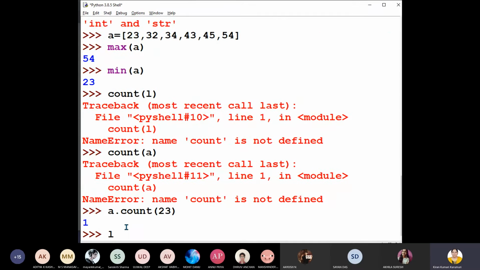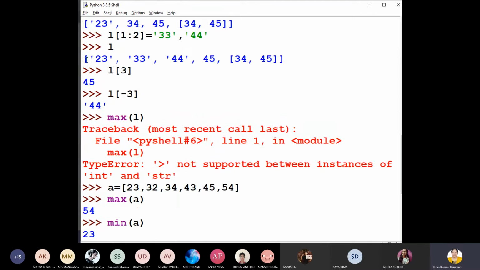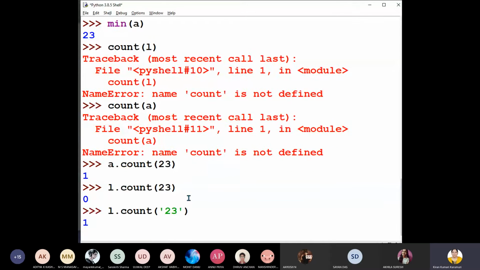One time. Now L dot count of 23, how many times is 23 there? This 23 is a string type, so you should count the string only. Then one. Got it, children?